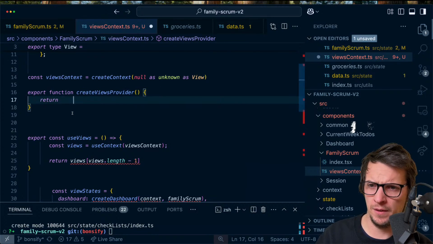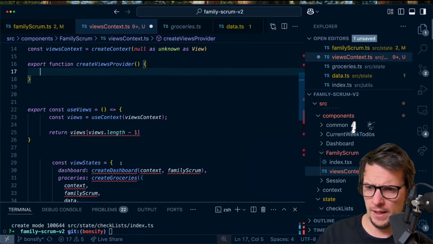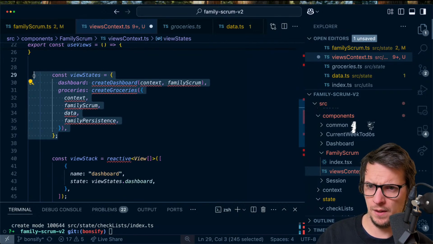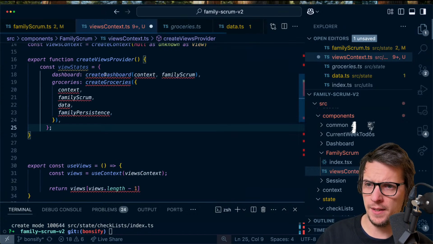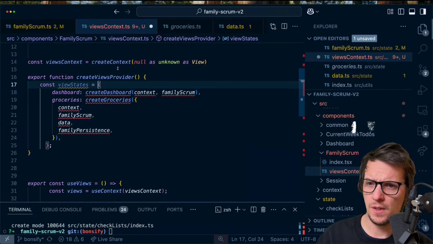Yeah, I think I'm gonna do create views provider, because it's gonna create the actual view state here. And this is the point of this thing, that it actually keeps